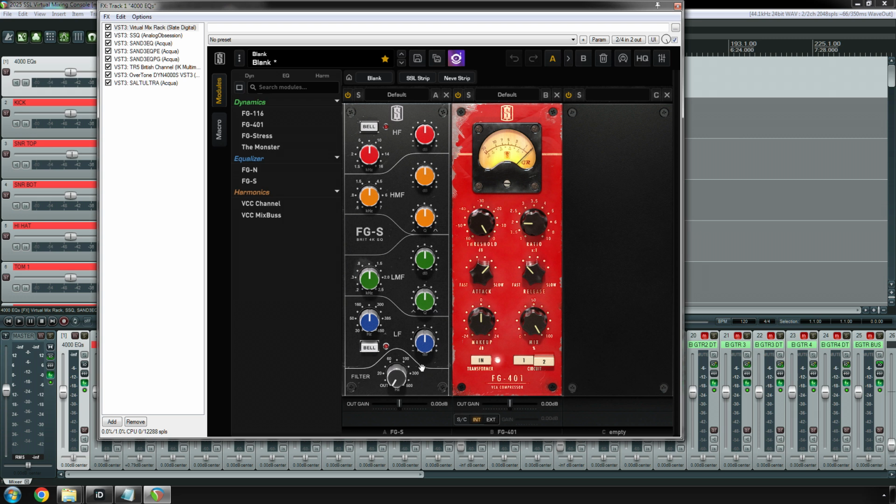That is Adobe with their Acrobat updating in the background. You gotta love it. Anyway, back in the year 2014, the Virtual Mix Rack was released by Slate Digital, and